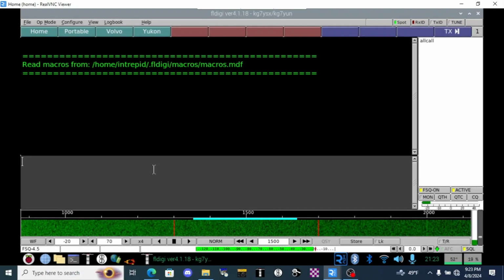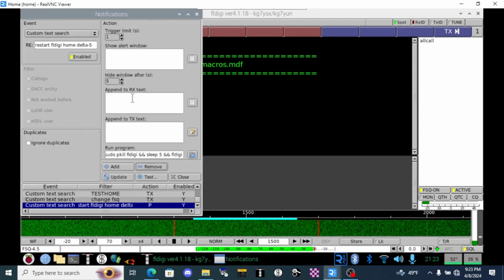Now let's say we've got a really big problem that we need to fix remotely, and we decide that rebooting the computer is just the best way of sorting it out. And we can do this remotely because FLDIGI a lot of times can hear even if it freezes up on transmit. So let's go to notifications, and we'll just change this to sudo reboot. Just going to reboot the computer. And I think we'll do reboot home and then the same Delta-5 authentication code. We'll add that